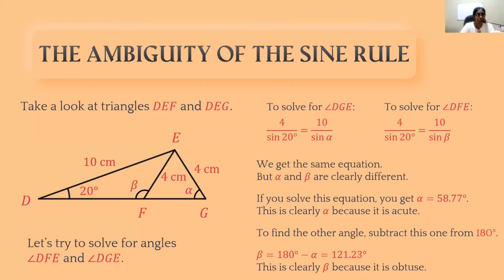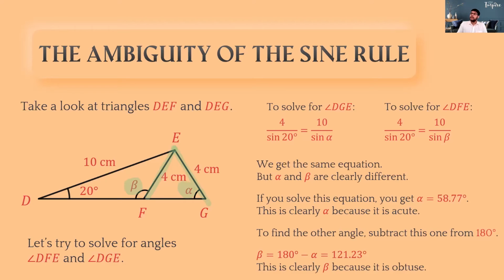Because children, this length here can be like this, or it can be like this. Either way, it's 4 centimeters, right? So the 4 centimeter length can be two ways. If it's like this, then the angle will be alpha. If it's the other way, the angle will be beta. So if you're looking for an acute angle, you just find the first answer, no problem.